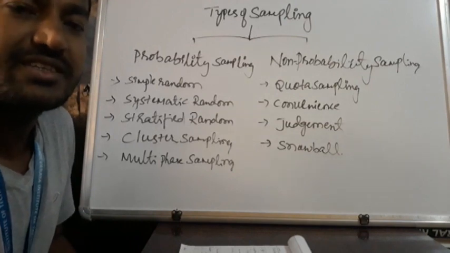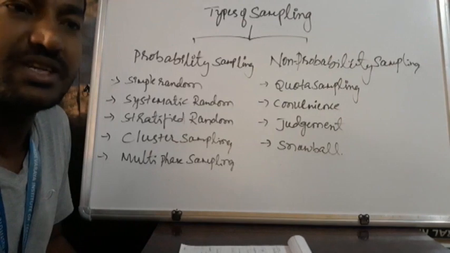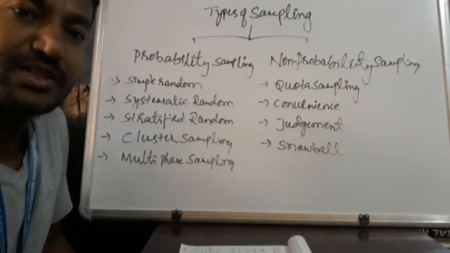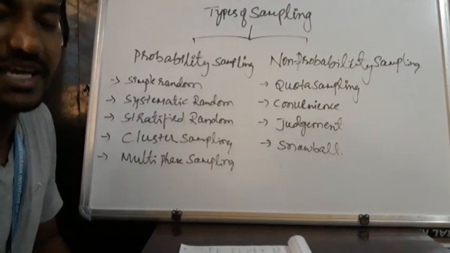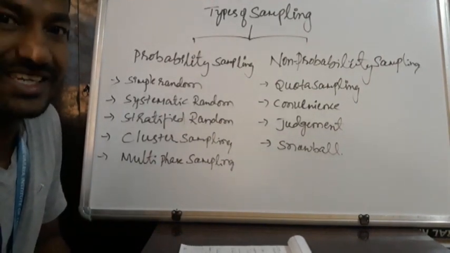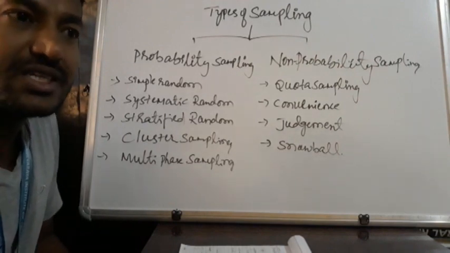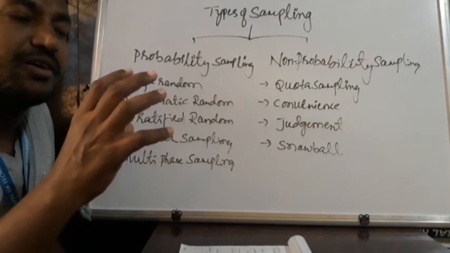In the previous classes, we discussed the research process and research design, and how to make a research design. Within the research design process, one particular element is called sampling, which is how to take a sample from the total population. Sampling is an activity where you need to choose the samples for